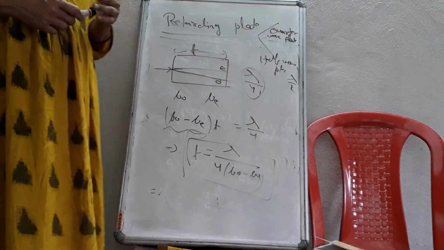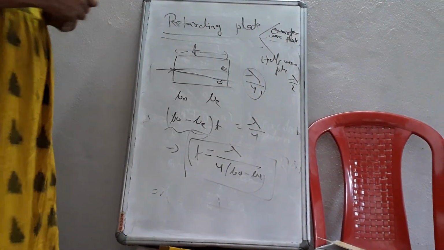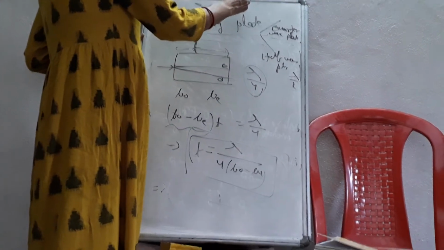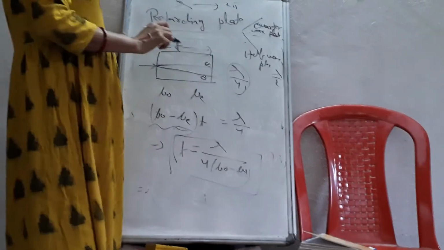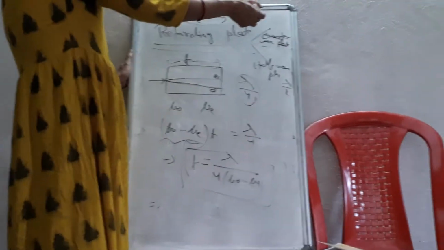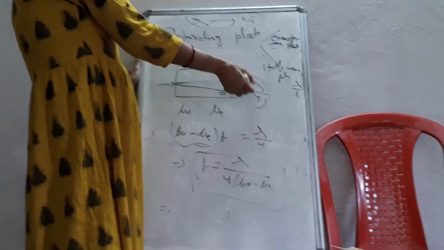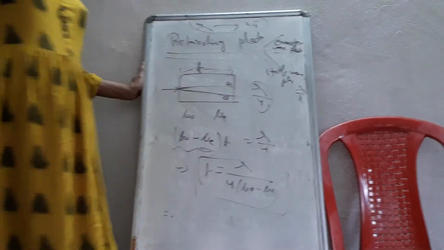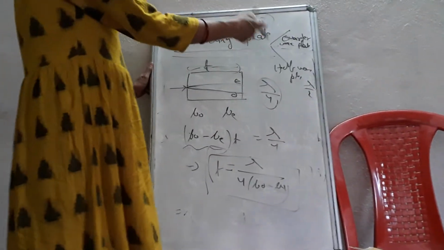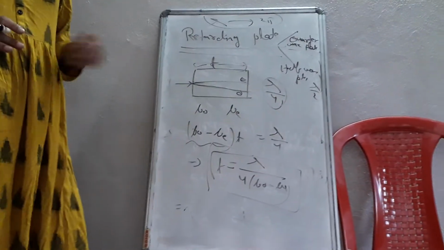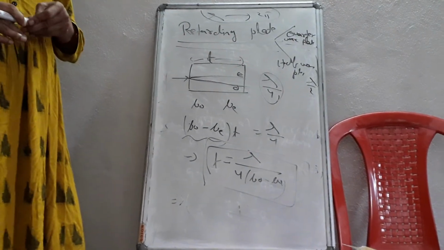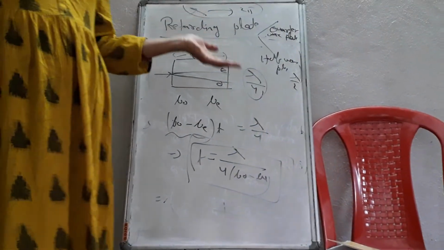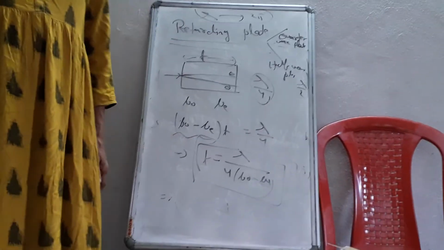You know, whenever there is a path difference, there will be a phase difference. A path difference of lambda, one wavelength, corresponds to a phase difference of 2 pi. That means in a quarter wave plate, we introduce a path difference of lambda by 4, so our phase difference will be pi by 2. Accordingly, whatever conditions we have discussed in theory, we can satisfy those conditions and get either linearly, circularly or elliptically polarized light.